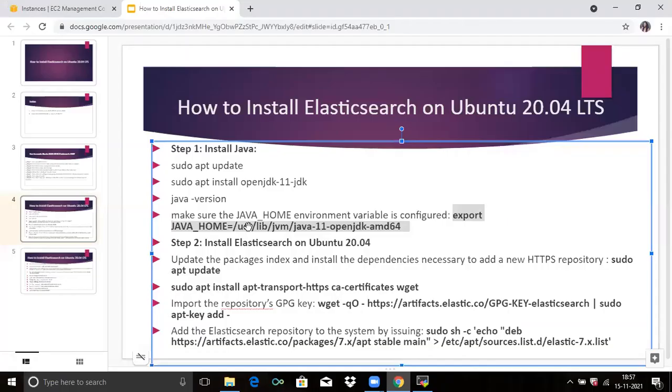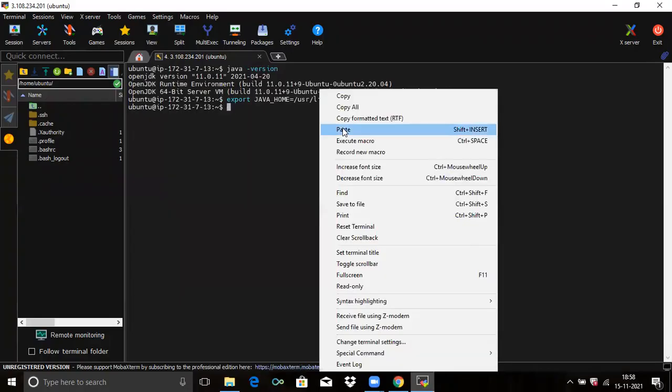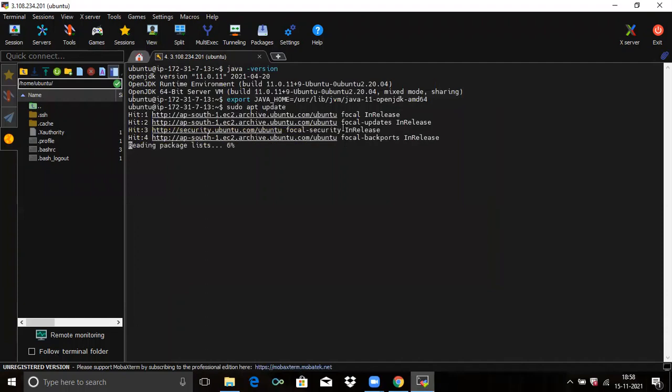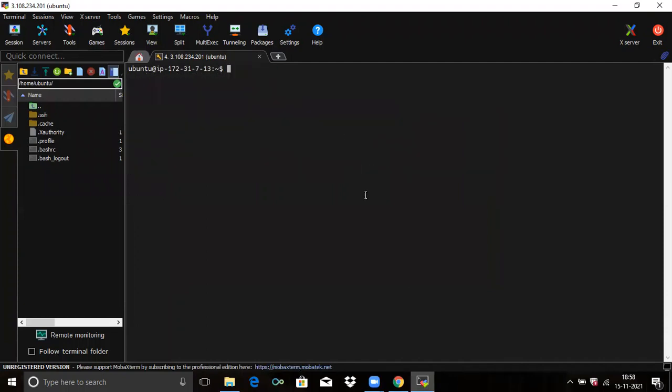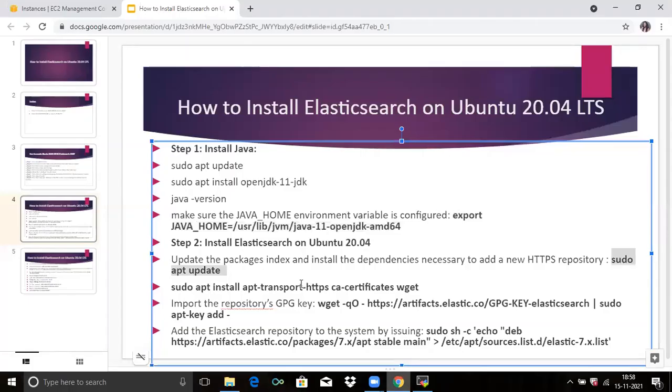Now install Elasticsearch. Firstly, update the system packages. Then clear the screen, and then install the dependencies necessary to add a new HTTPS repository.